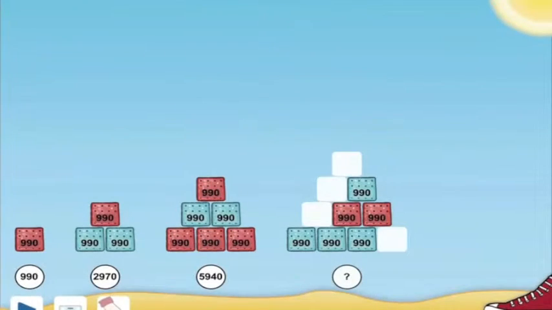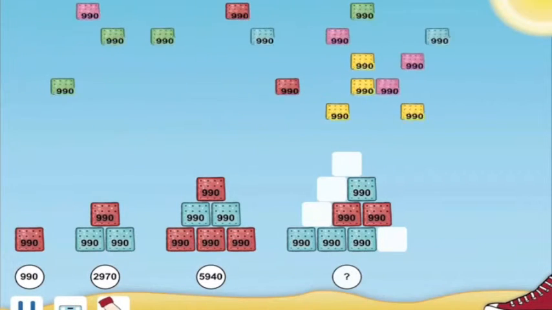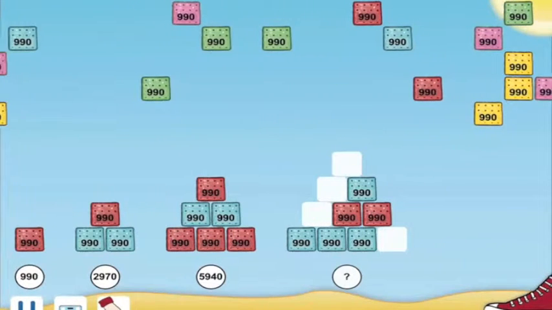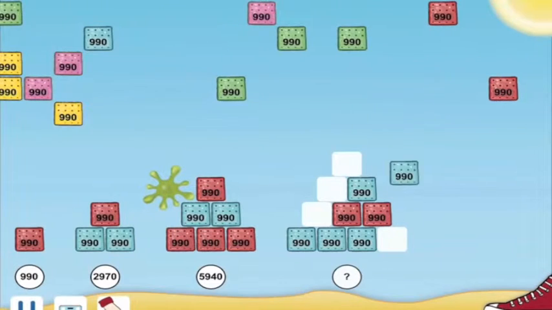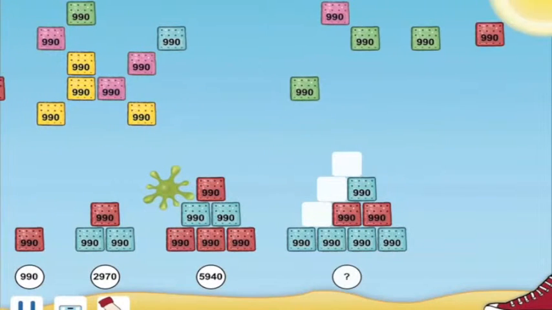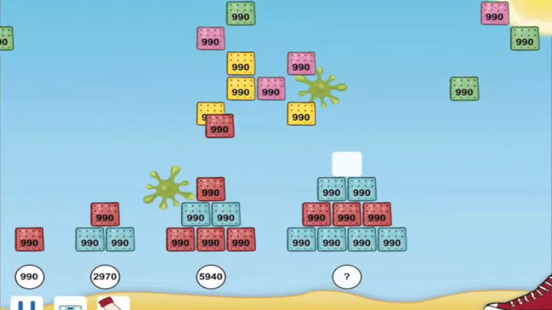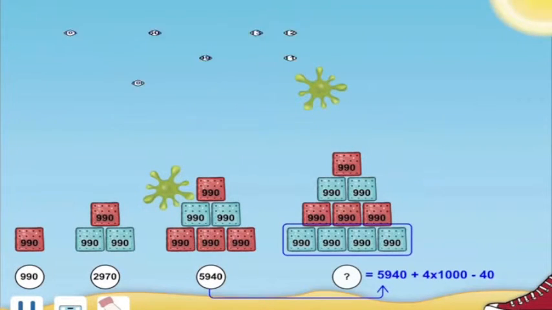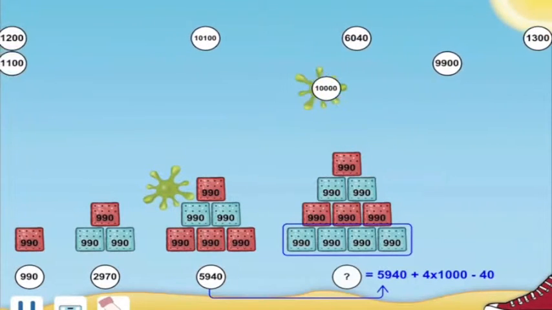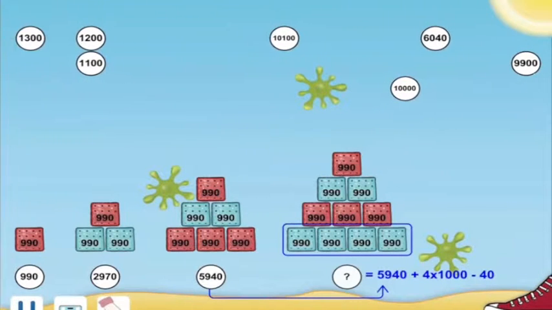Our first example shows a pattern where each cracker contains the number 990. Let's go ahead and finish the pattern. Hit the play button, and we're alternating between light blue and red. Blue, red, blue, red. Now we'll pause the game so we can study the math we need to perform to calculate the total